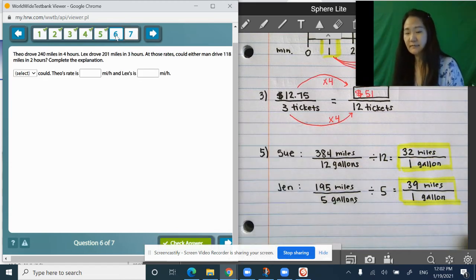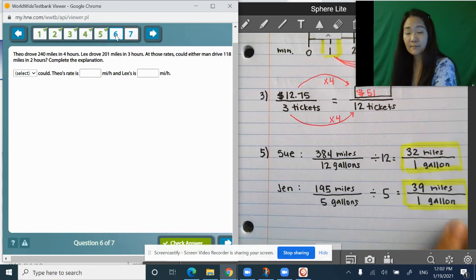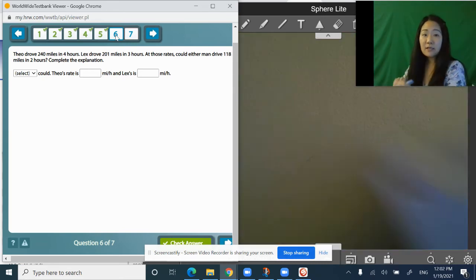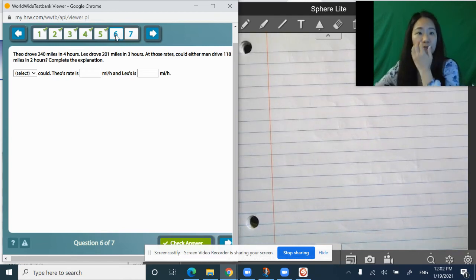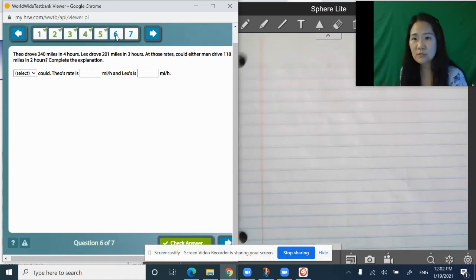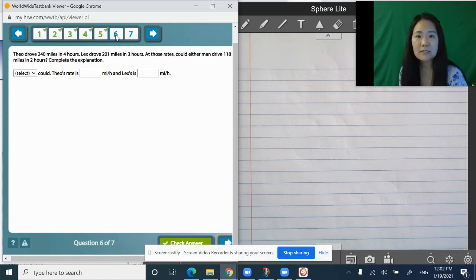Number 6. Let me go to the next page. Theo drove 240 miles in 4 hours. Lex drove 201 miles in 3 hours. At those rates, could either man drive 180 miles in 2 hours? Complete the explanation. Now, there's multiple ways to solve this problem, but I'm actually going to be looking at a